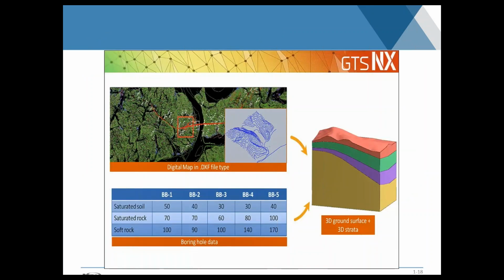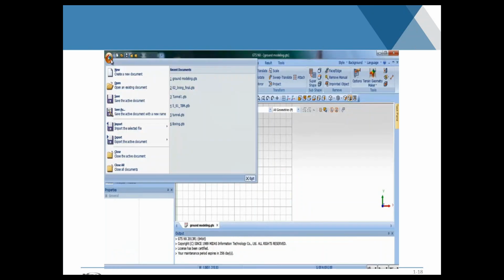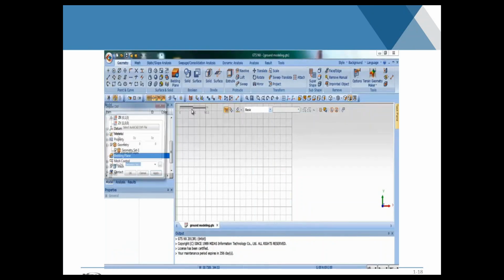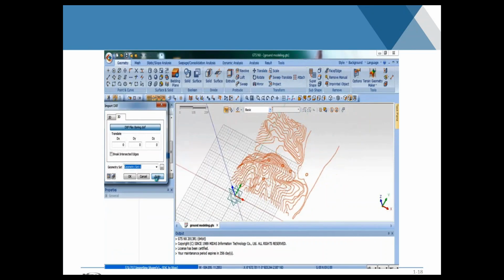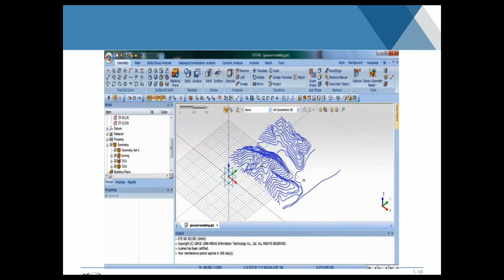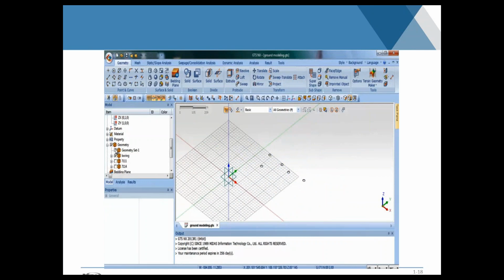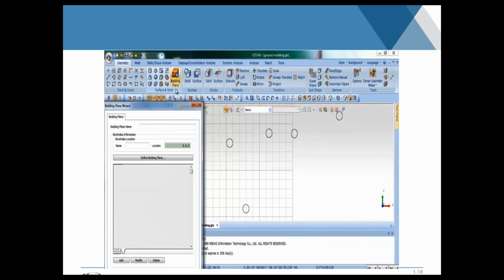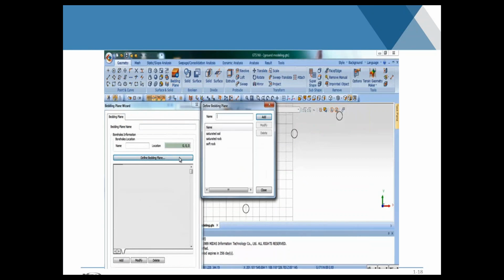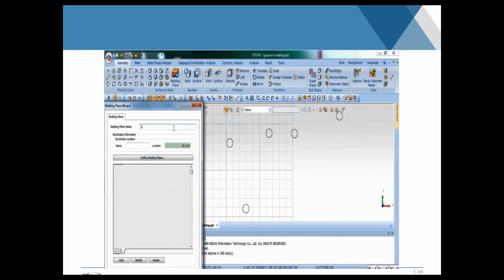So looking at an easy example for this, I'll just show you this quick example. Let's say we have 5 boring holes and 1 topographic map. Here I'm importing a DXF file. This file is right now only polylines that show elevations. Additionally, we drew in 5 circles where the boring hole data was taken relative to the surface. With a tool that we call bedding plane, I can specify by coordinate system, or as we will see here,